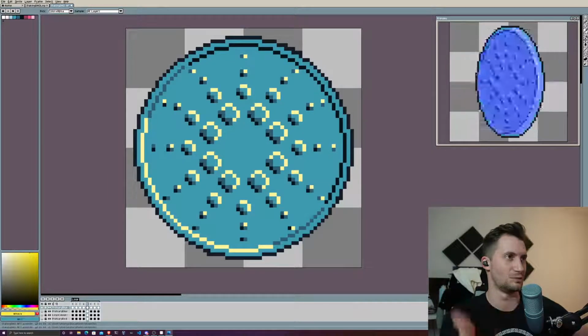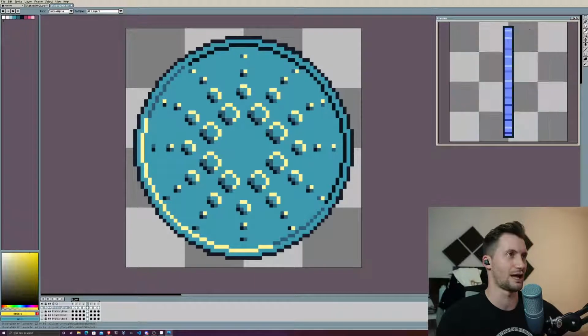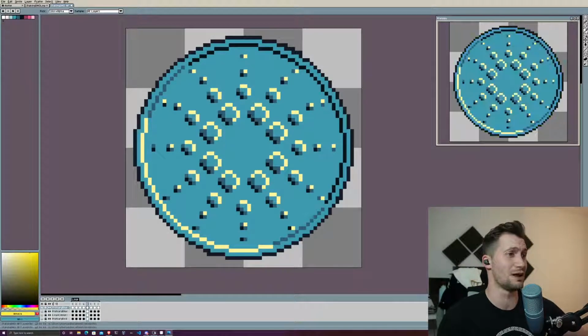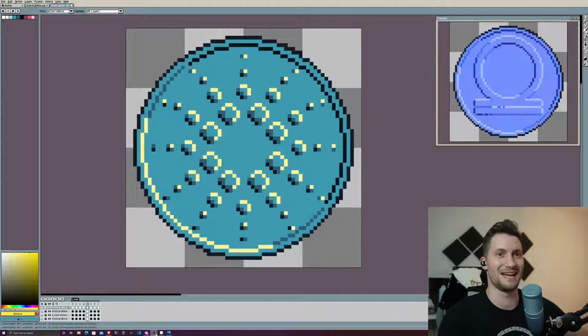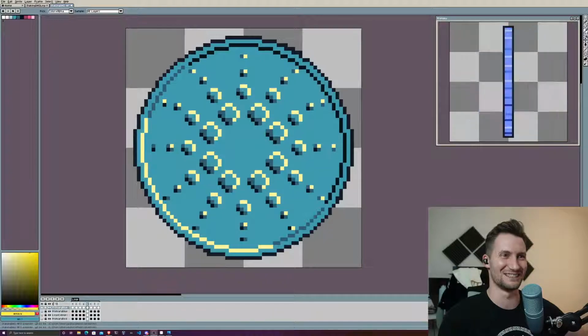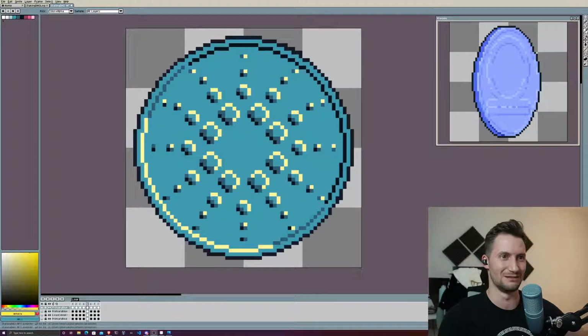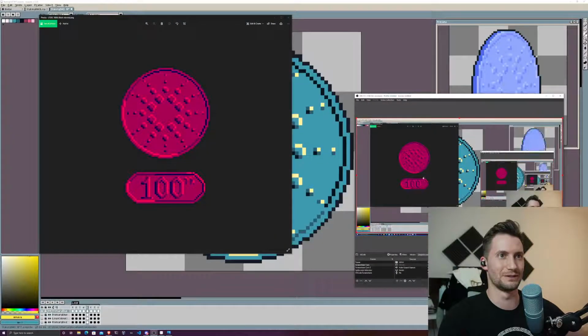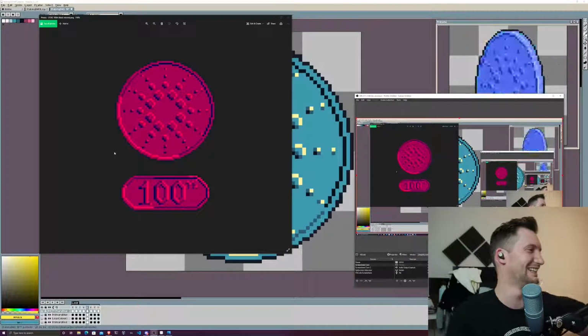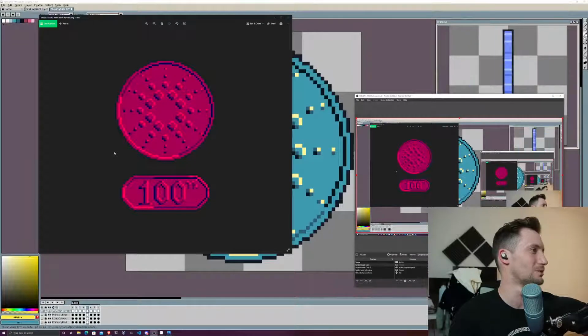And this works really well with retro art. You look at that as one thing, and if I zoom out a little bit, it looks fantastic. I've just realized that you can't see it at all. Okay, so let me just turn this off and then you'll be able to see it. What an idiot. So this is what I'm talking about.